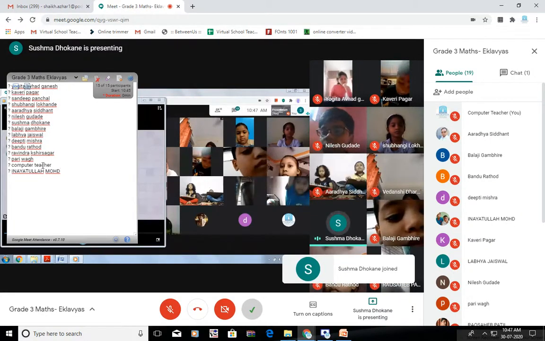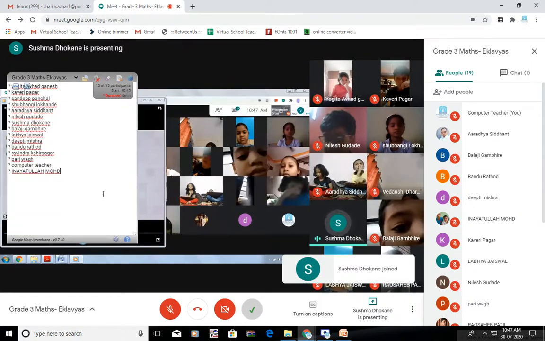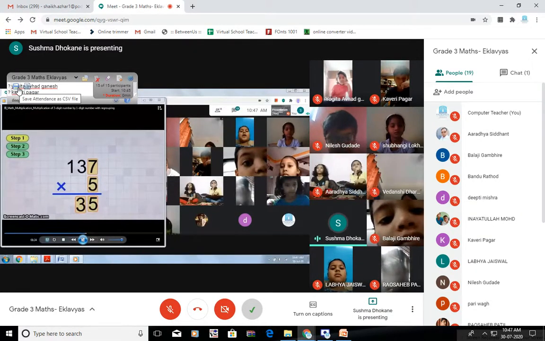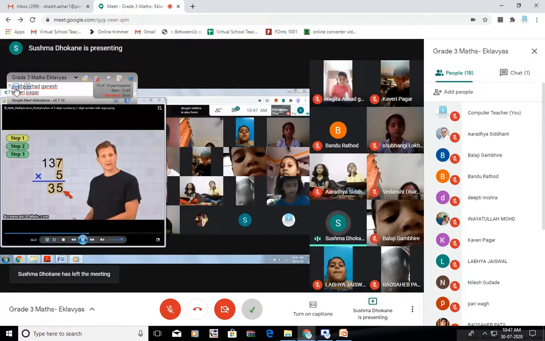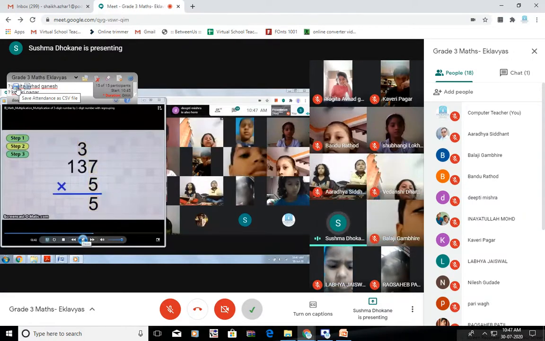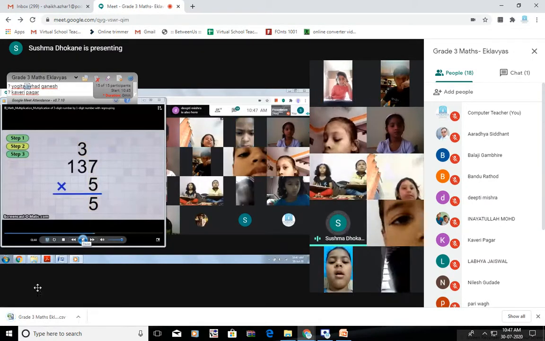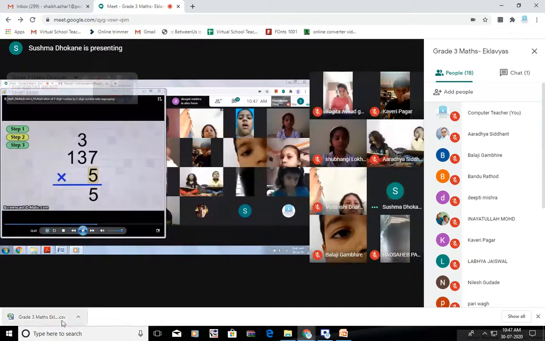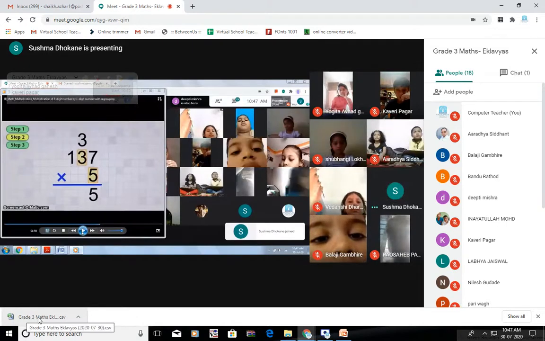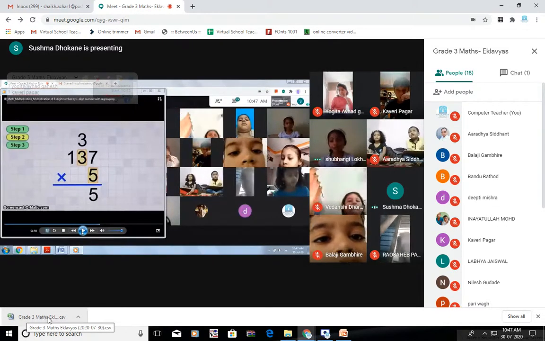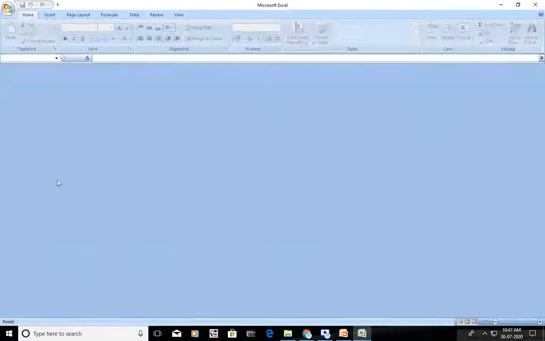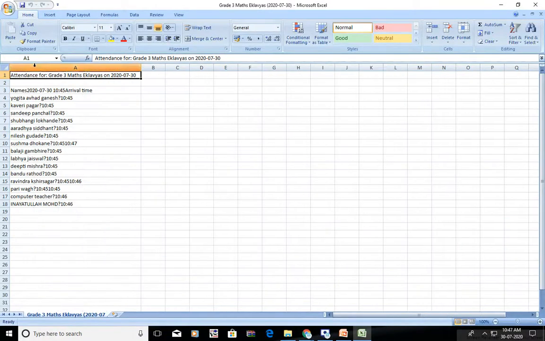When the attendance has been done, you have to click on the save button. You can see the save option here, save attendance and CSV file. Please remember, you have to click CSV file once your attendance has been done. So I'll click on the save button. Once you click on save, the Excel file is automatically exported. You can see on the downloads toolbar the attendance has been added. So I will open the Excel file. Now you can see the attendance here.